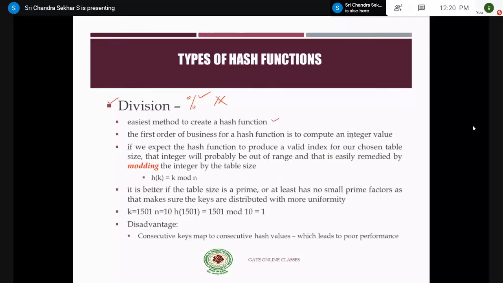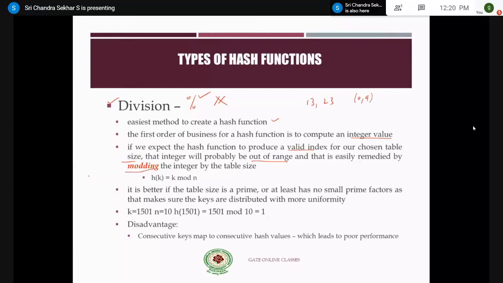function is to compute an integer value if it is a string or an alphabet, right? And if we expect the hash function to produce a valid index for our chosen table size, the integer will probably be out of range. The example we have taken, 13 and 23, these are out of range of 0 and 9. Therefore, you have to make use of modding.